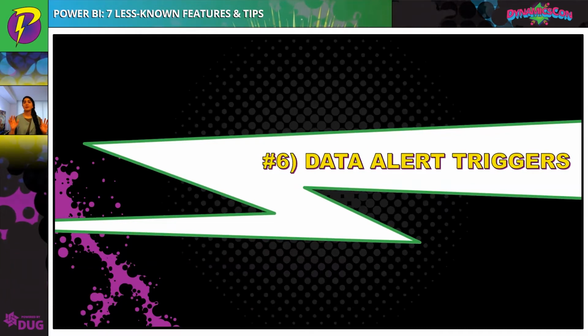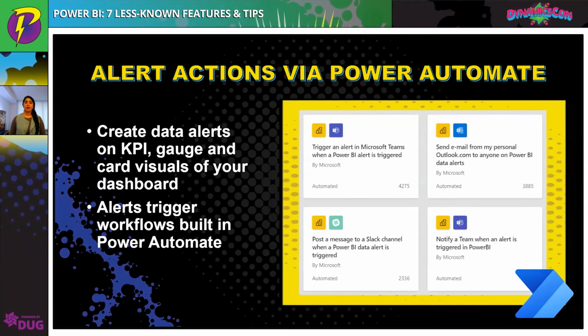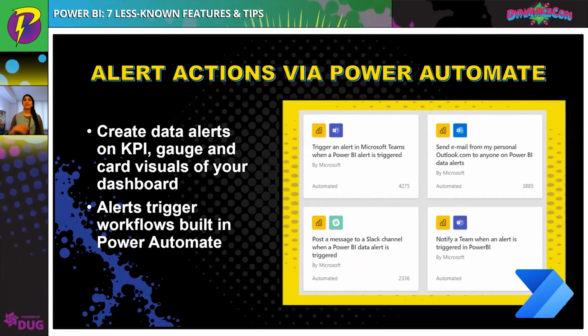Let's move on now to another Power Automate topic. And this is number 5, showing us what we can do with our data alerts and the triggers around this. Your alerts in Power BI, you can set these up on your dashboards on something that you want to keep track of. If you're using visuals like the KPI, gauge, or the card, if there's a number displayed, this is